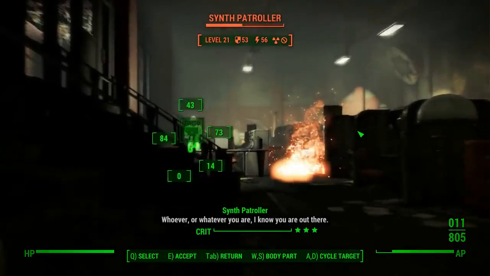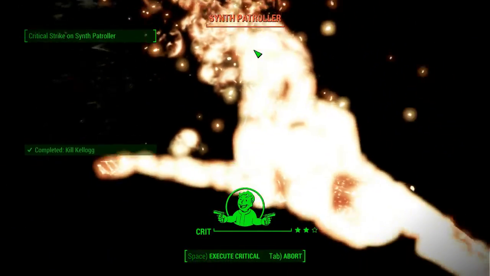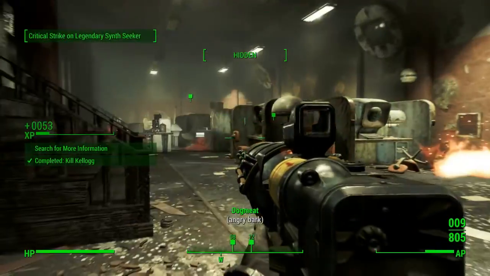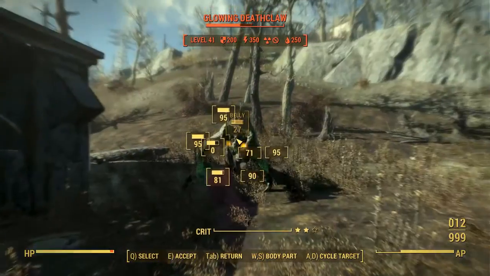Old Reliable has the instigating legendary effect, meaning that it does double damage if the target is at full health, which is great for a one-shot kill sniper. Combine this with sneak criticals and you can kill the vast majority of enemies in one hit. In addition, Old Reliable is really easy to get early on, as it is sold by Arturo in Diamond City